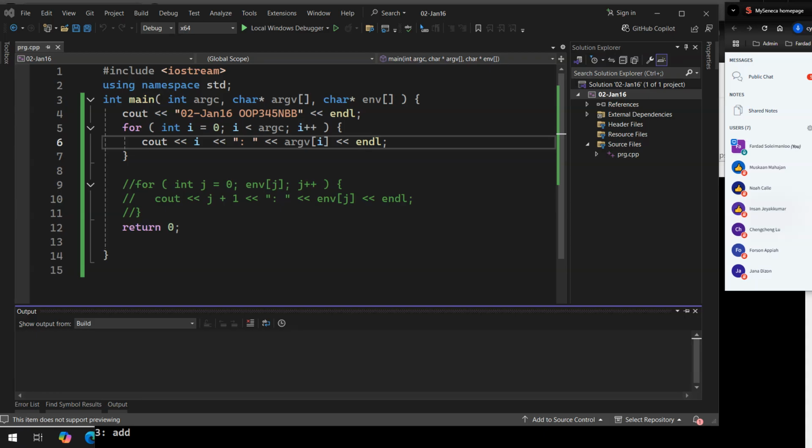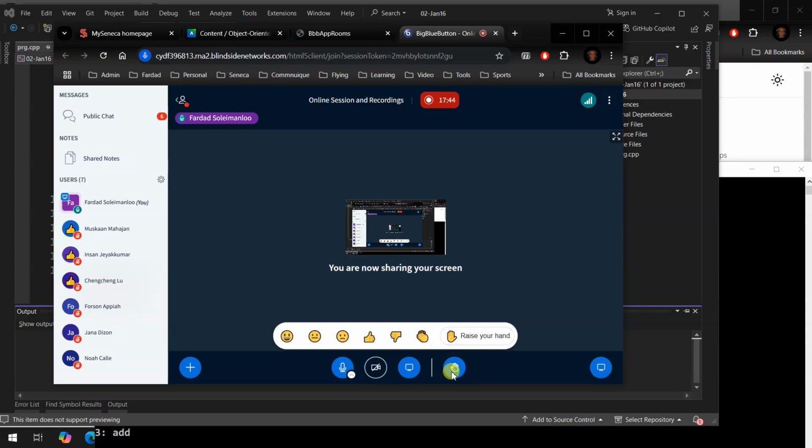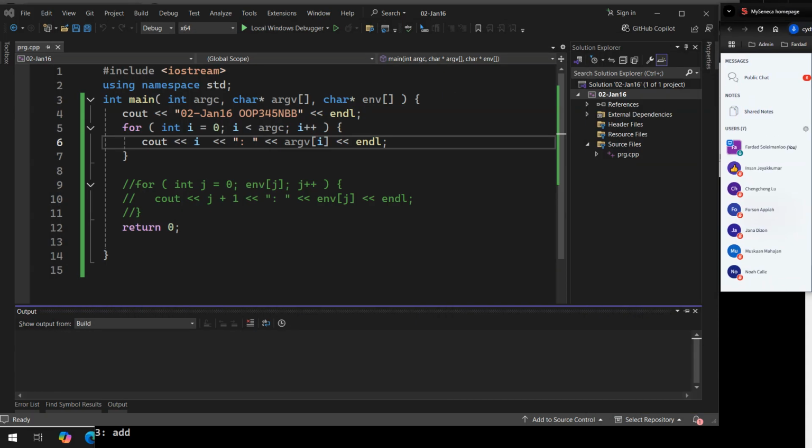Cheng Cheng, Forsan, where are you? Oh, at the bottom of the page there is a hand. Click on that. That shows what you can set your state to, and then clear yourself. Down here, you see this? Click on this, and you can set what you want to do. You can clap for me. You can say thumb down, thumb up. Do like this, and then you remove it again by clicking on it again. Thank you. Okay? So that's how you respond, so I can see you're here. I don't want to keep issuing polls.